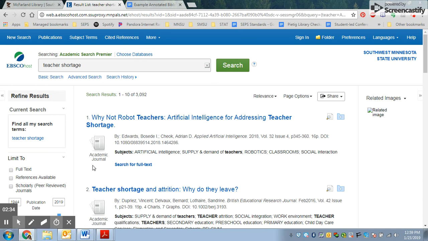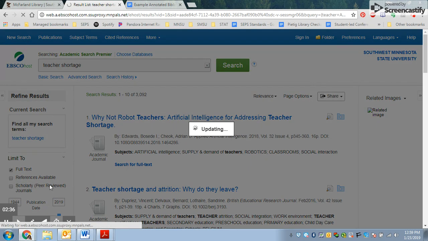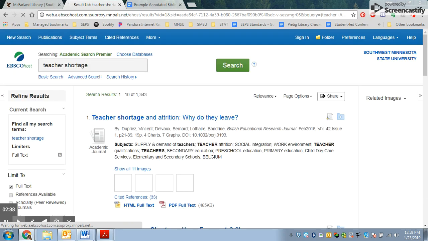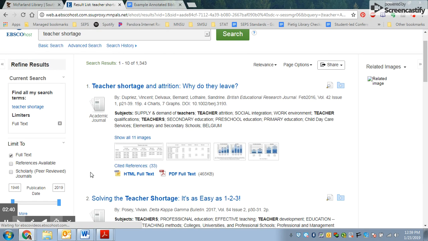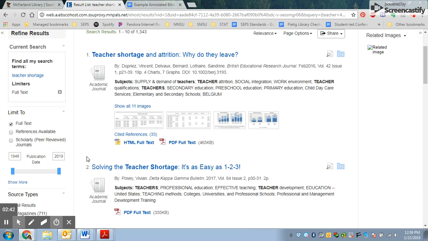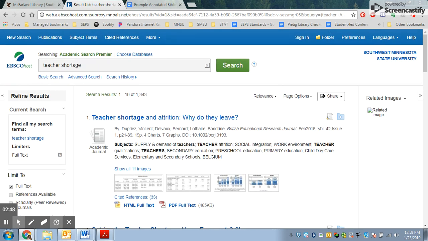Now, instead, I'm going to switch over here to my full text and narrow that down. Now, if you're really concerned about the publication date, you can narrow that as well. I might just leave it open and be mindful of looking at the year as I'm going through. Fortunately for me, my topic is pretty modern. It's basically in the last 10 years or so. So actually even less than the last 10 years. So a lot of my resources should be pretty recent, unless it is referring to a different teacher shortage in